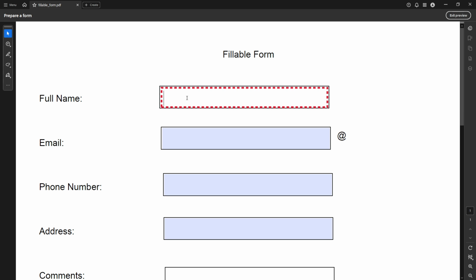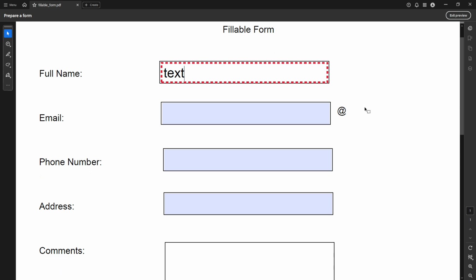By following these steps, you'll have successfully highlighted fillable fields in your PDF using Adobe Acrobat Pro DC, making your document more